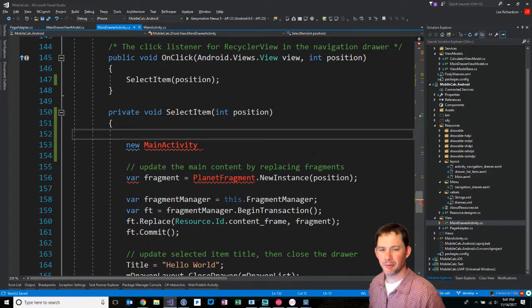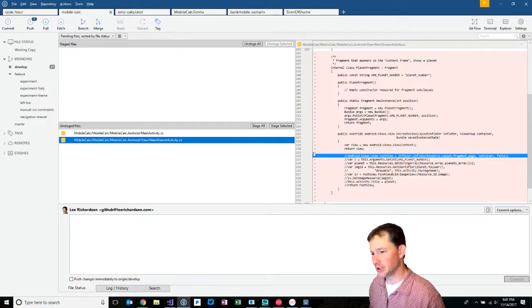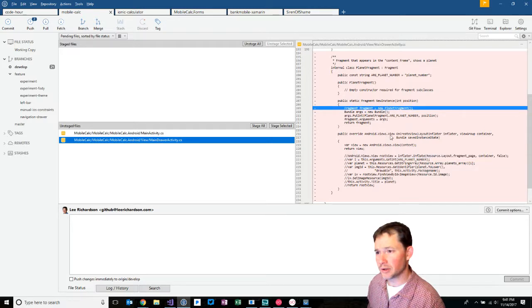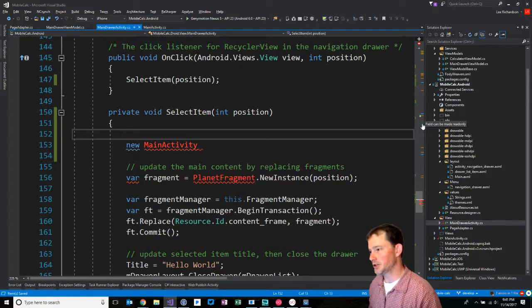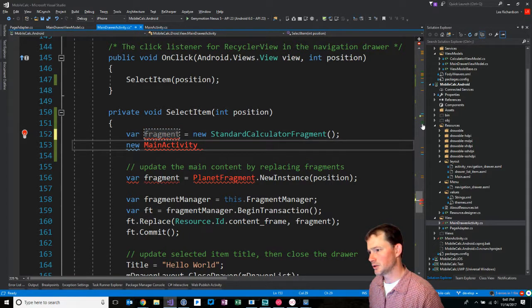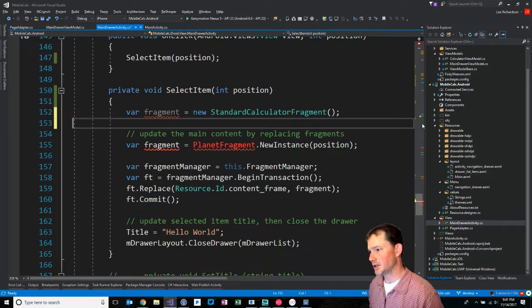We're just going to, how do you instantiate a fragment? There's a Fragment Manager, I believe. They just instantiated theirs. That doesn't seem right. I swear there's a Fragment Manager. New. Can we just do new? Main standard calculator fragment, and then we're going to